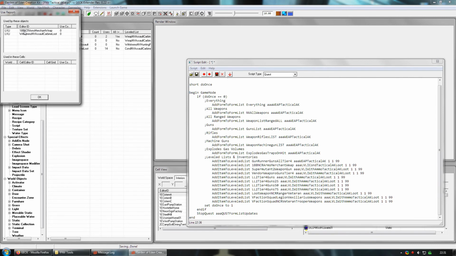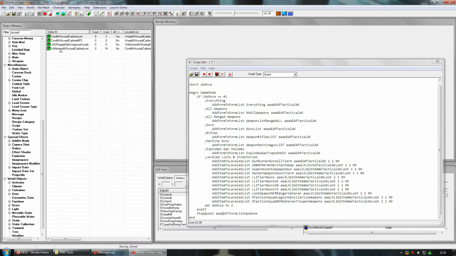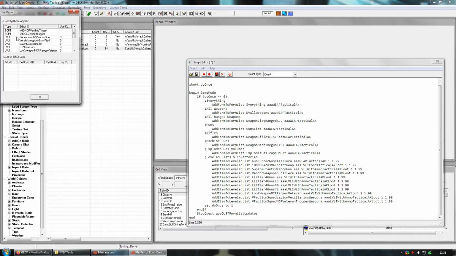and we can see that it's used by the 188 NCR merchant. So I've added that as well. And the with ammo loot is a Super Mutant 2 weapon gun, tier 4 vendor weapons, and tier 4 leveled loot gun, so I've added that as well. And the NCR Ranger Veteran has it, the Legion Vexillarius has it, and the NCR Veteran Trooper has it. So I've added all of those